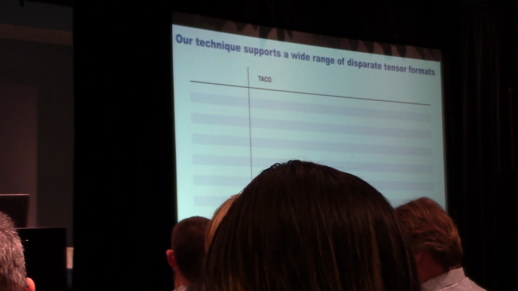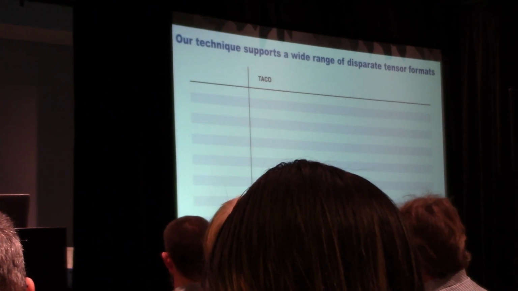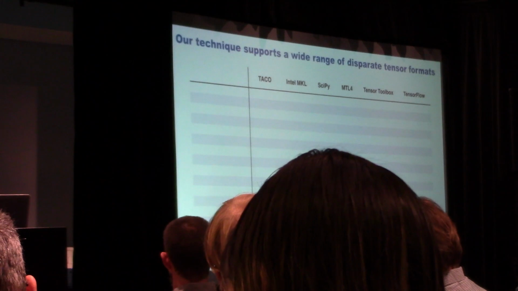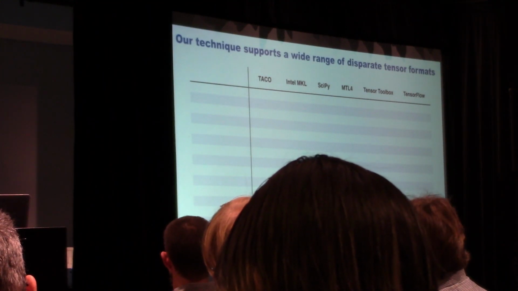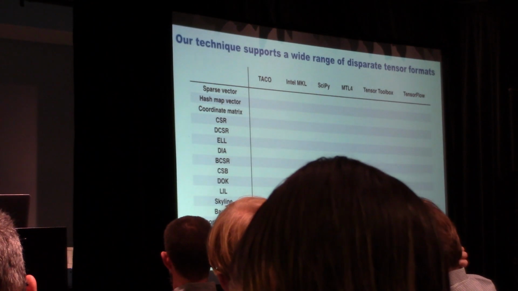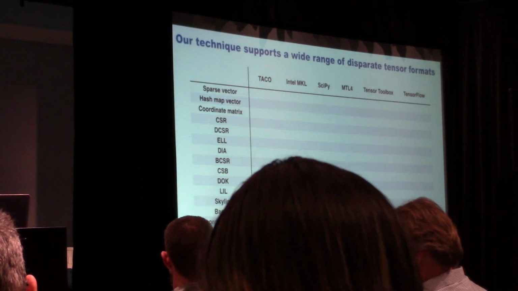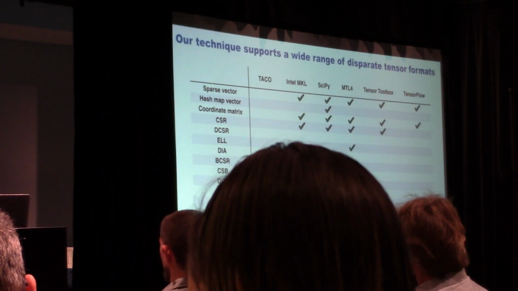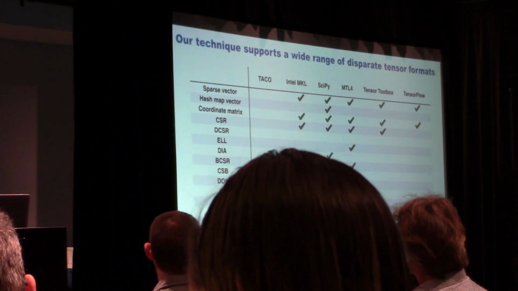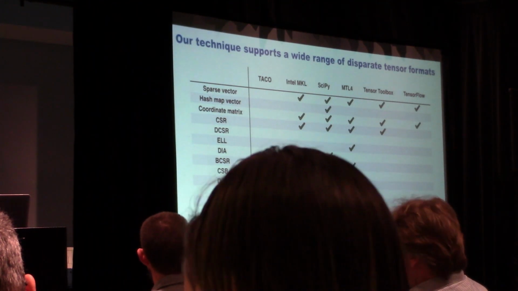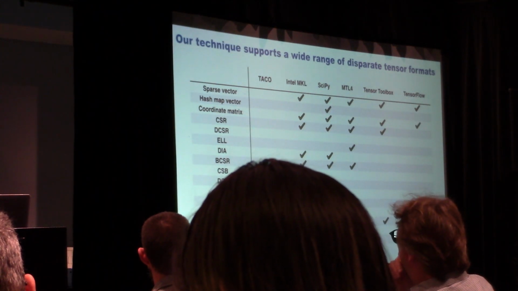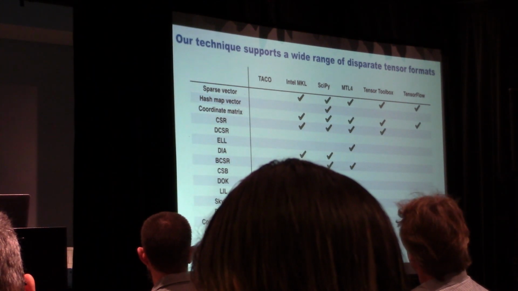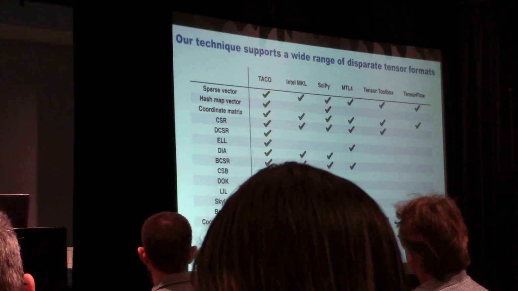So the next thing I want to look at is, we said we can do a lot of different formats. So here's Taco, and here are many other frameworks out there to do sparse matrix computation. And there are many published formats to represent matrices, tensors, and vectors. If you look at all these other systems, they will work on a certain set of formats. That means some poor souls spend their lifetime writing these individual pieces of code optimizing these things. Something like SciPy has a lot of formats in here. Compared to that, Taco has a lot more formats in here,